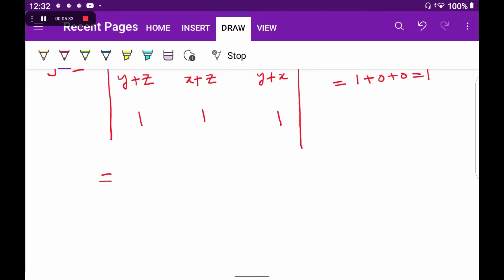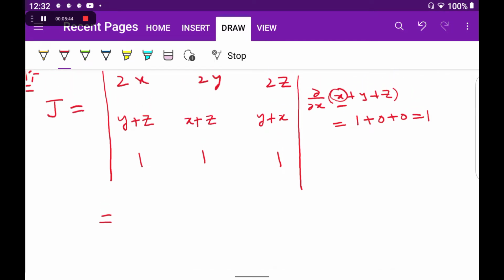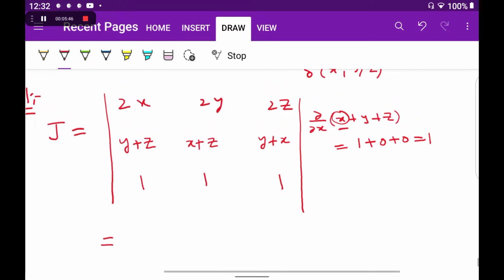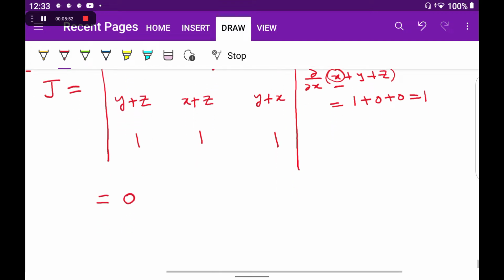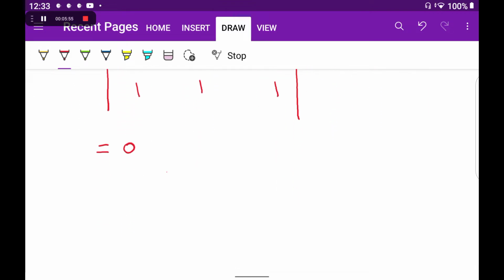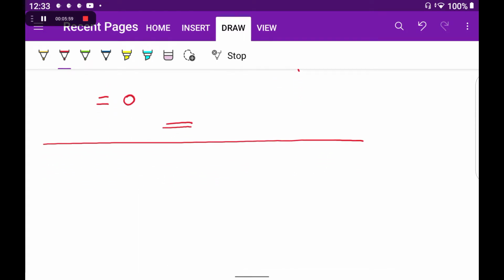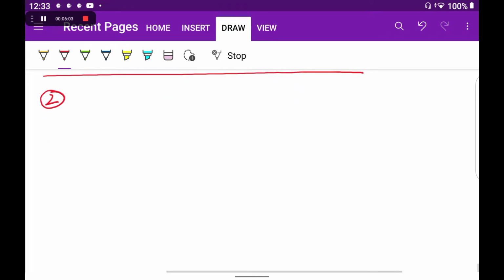So if you find the determinant, everything gets cancelled and we get the answer as 0. Okay. You find the determinant, you will get the answer as 0. It's a simple determinant only. So that is why I left it. And coming to the next one,